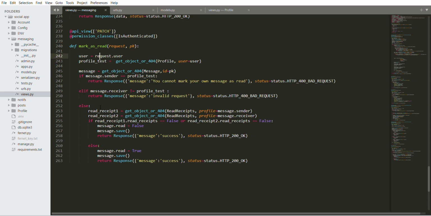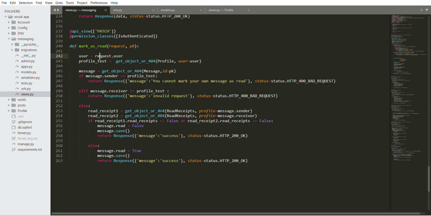So read_receipt_one equals get_object_or_404, the read receipt for the person that sends the message, profile equals message.sender, then read_receipt_two equals get_object_or_404, read receipt, profile message.receiver.